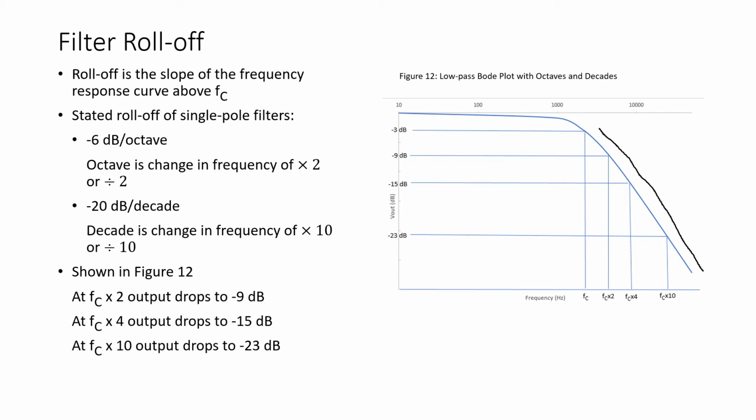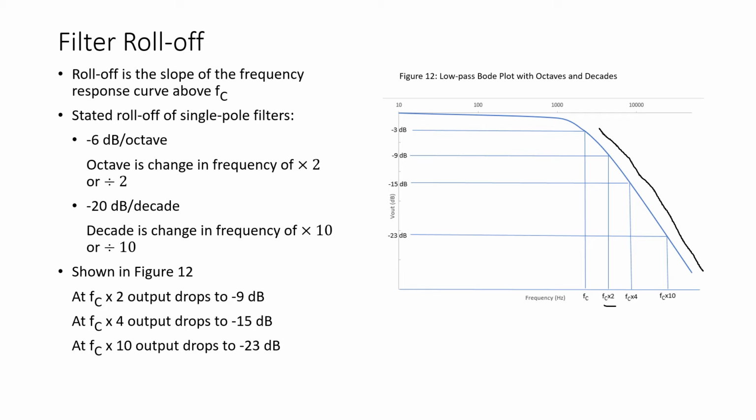Now, recall from our earlier discussions on alternating current that an octave is a change in frequency of either ×2 or divided by 2. And a decade is a change in frequency of either ×10 or divided by 10. So looking at the Bode plot shown in figure 12, note that at 2 times the cutoff frequency, this point right here, my output has decayed or declined by 6